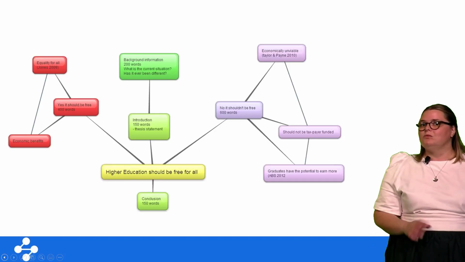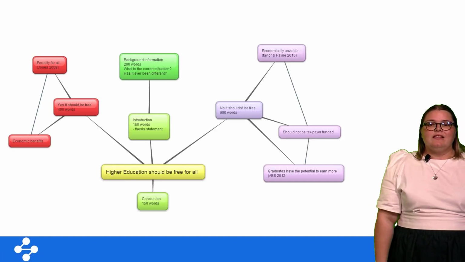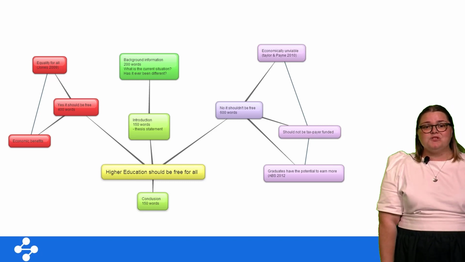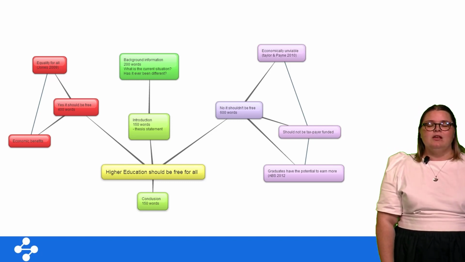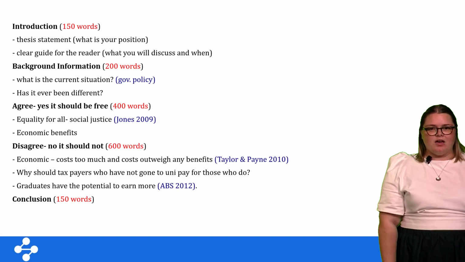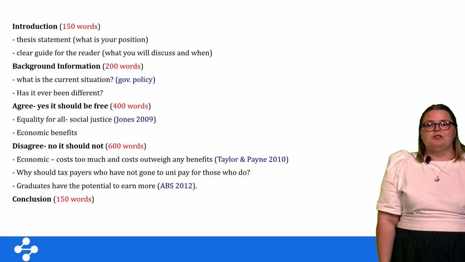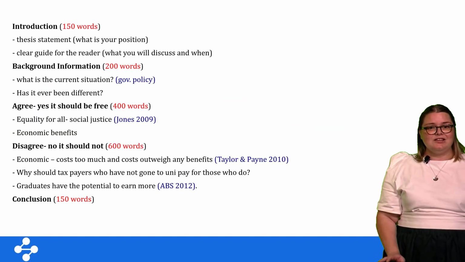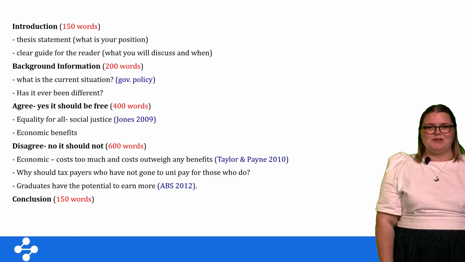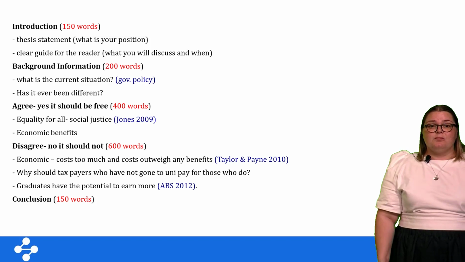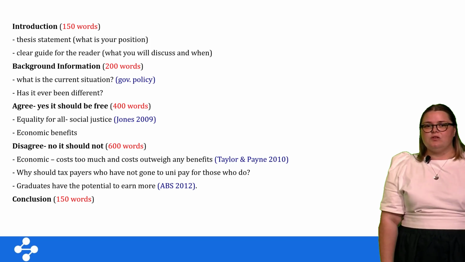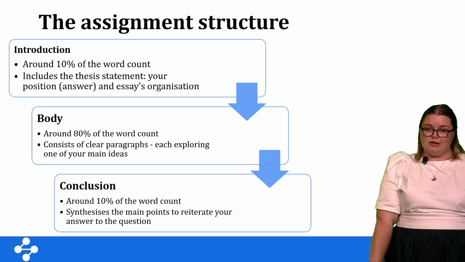So the question is, what should the plan look like? Now this can be as unique as you are. After all, this is just for you, and you're likely to be the only one who's ever going to see it. So the best way to decide what your plan will look like is to think about how you learn best. Some people benefit from mind mapping in colour, while others prefer a more linear approach. You may even find that a combination of these two approaches is what works for you. Everyone has their own process, and over time you'll develop yours, but let's have a look at a few key steps to consider when creating your plan.